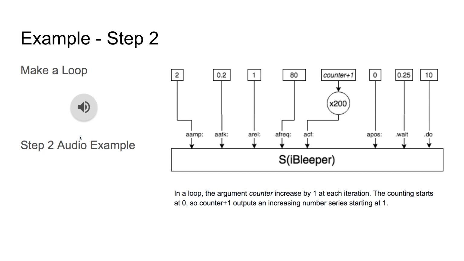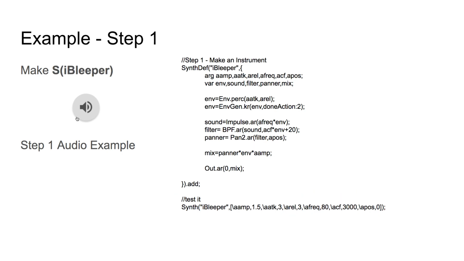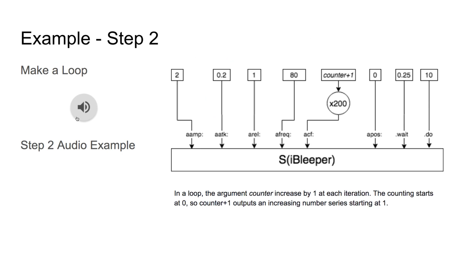So here is a loop that uses the iBlipper synthesizer, and depending on the parameter you choose, the synthesizer can be played short, long, high, or low, right? So here is the one loop that uses the S iBlipper. Okay, so make a synthesizer and make a loop. Next step is